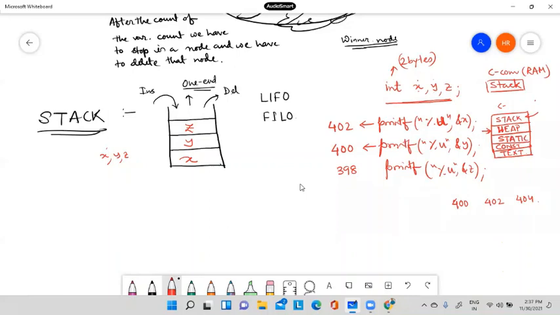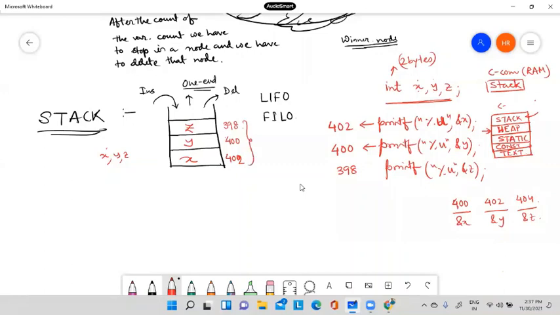So if the address of x is 400, y should be greater and z greater still, but it is in reverse order. Why? Because it is put in a stack. If this is 402, the next is less, so 400, and then 398.